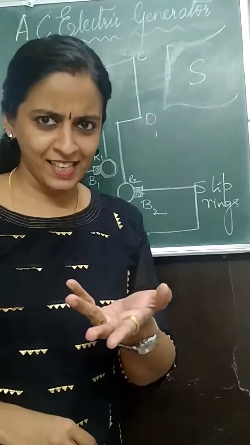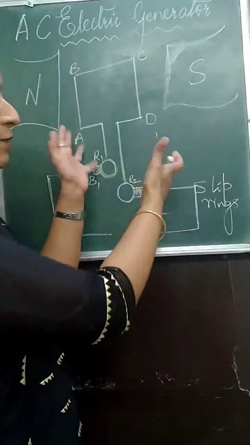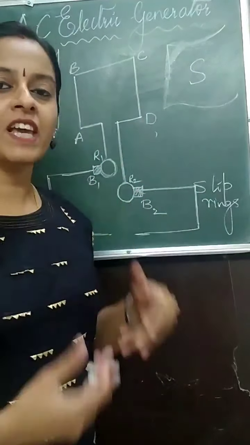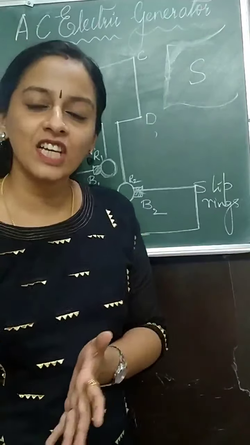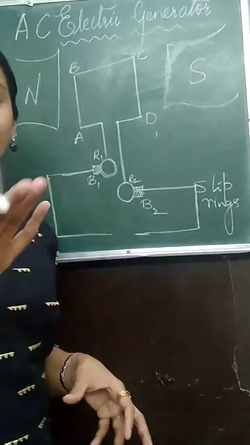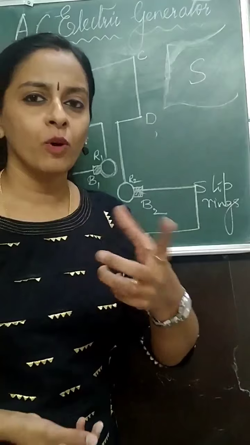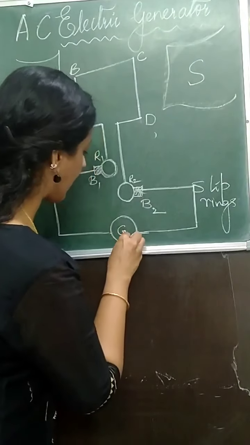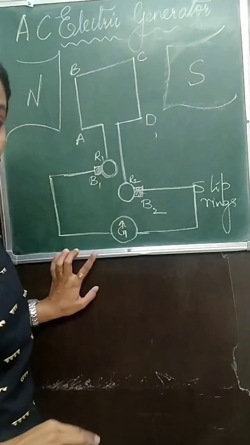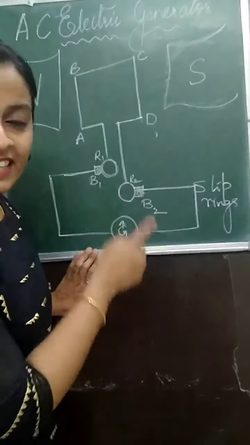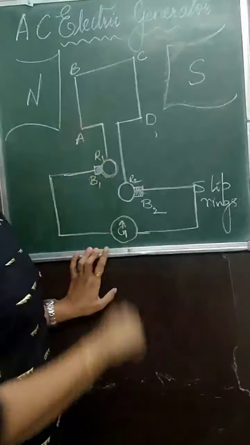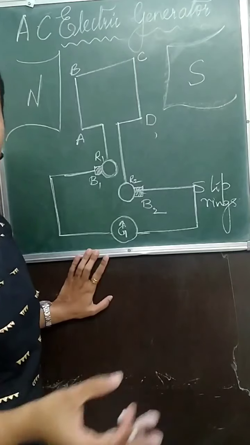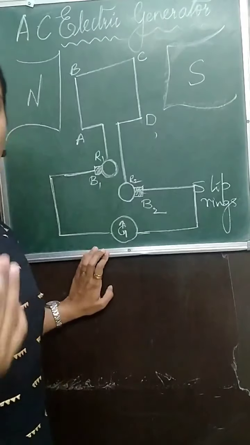Do you need a cell here? No. We are going to produce electric current. From this device we get electric current. Electrical energy is produced. So to check whether electrical energy is produced or not, what do we need? We need a device called a galvanometer, so that the galvanometer deflects and we can understand that electric current is flowing through the circuit. So we need the galvanometer to check the presence of electric current, or here it is induced current.